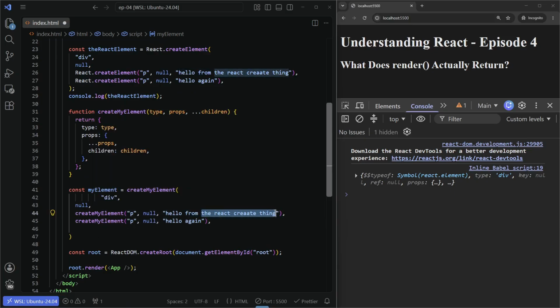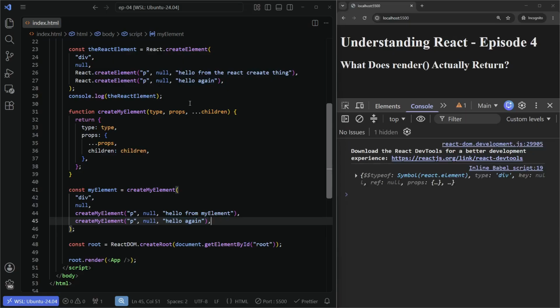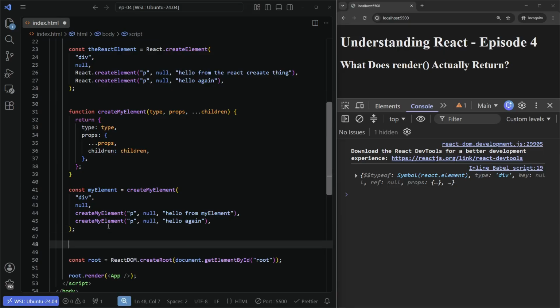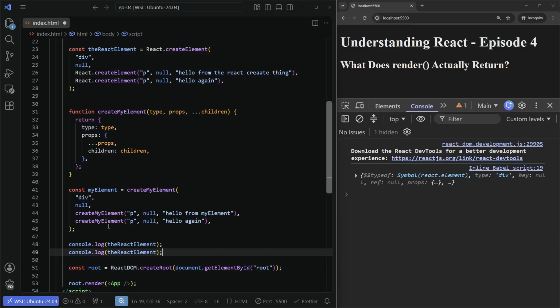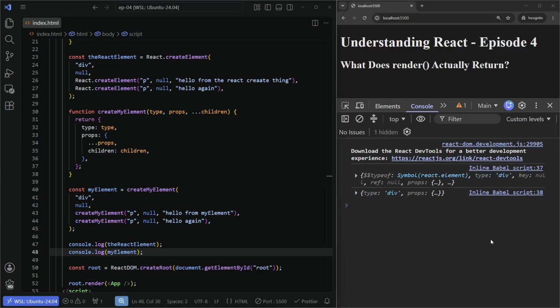Hello from my element. Hello again. Is this syntax correct? My element. There we go. So this is the React element,